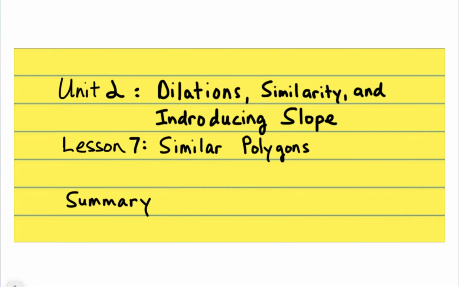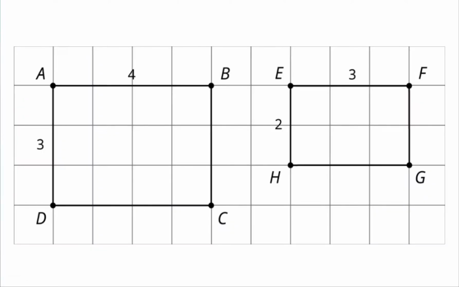This is the summary for Lesson 7, and Lesson 7 is on similar polygons. So if you look at these two rectangles, you might just by looking at them think that they're similar. Now we have to test that by looking at the factors that take the corresponding sides to the values of the other